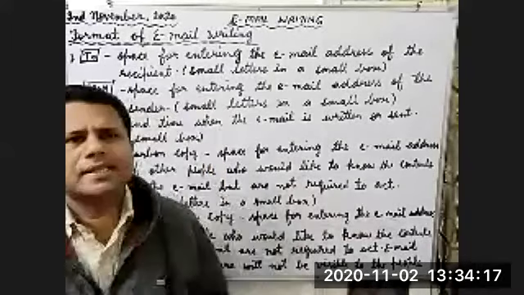Then the next column is CC and BCC. Children, fourth and fifth points, these are optional. These are optional points. Okay, if you want to add them, it's okay. If you don't want to add them, then also it's okay. But my advice is you better add them while making an email.